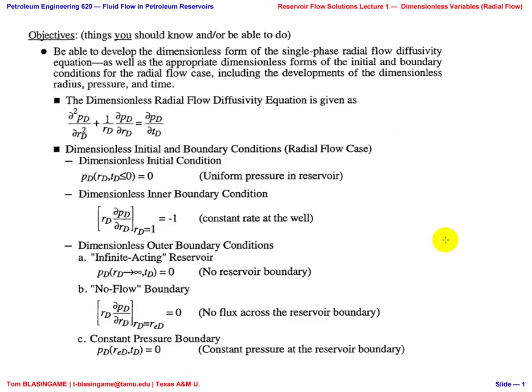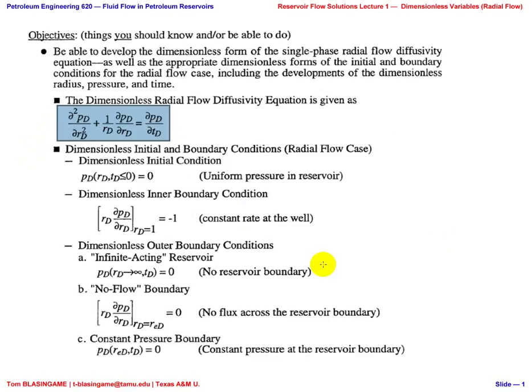But we will have an outer boundary condition that is infinity. And we will have an inner boundary condition that's 1, and we'll have an outer boundary condition that's 0. So we'll have several different cases here. Okay? All right, so as I mentioned, we're going to start by converting the